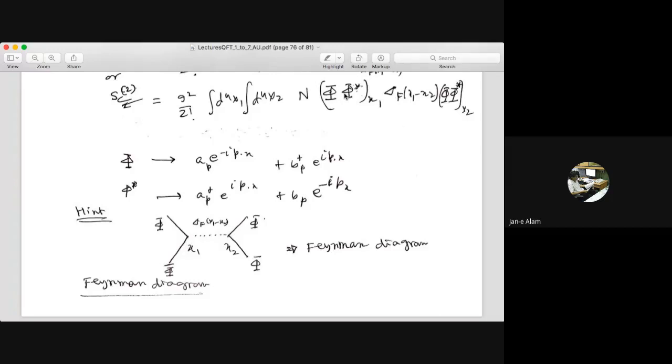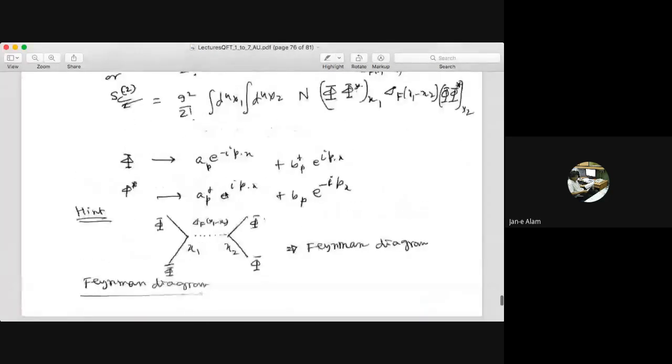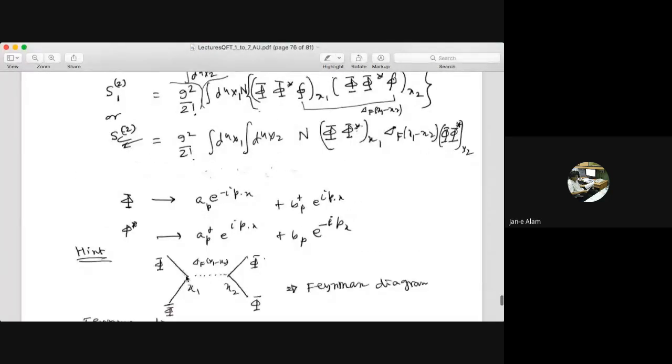And then phi star, this is telling you that phi and phi bar will get annihilated there, and then this propagator is telling you that from x1 the two will interact and give you a small phi. The two will interact and give you a small phi, and that small phi will propagate from x1 to x2, and then again produce particle phi and phi bar. So this is one of the diagrammatic representations of this term.